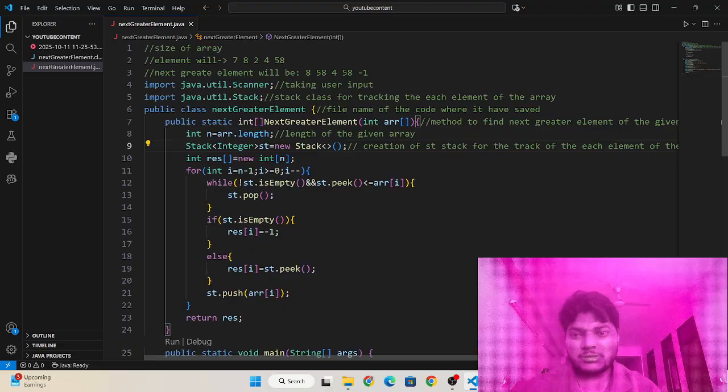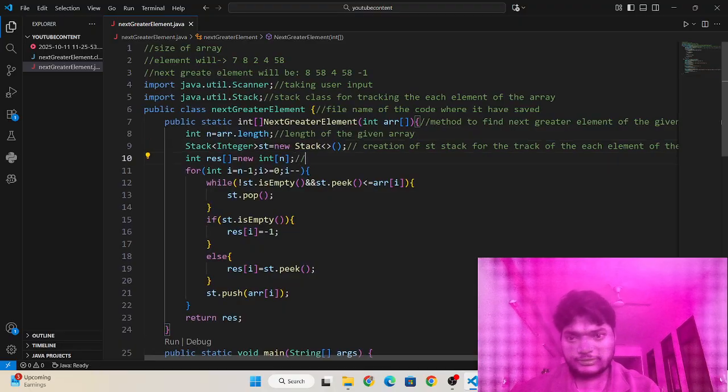Okay, and here it is the creation of the result array of the same size as the original.